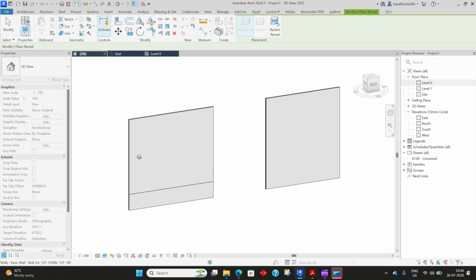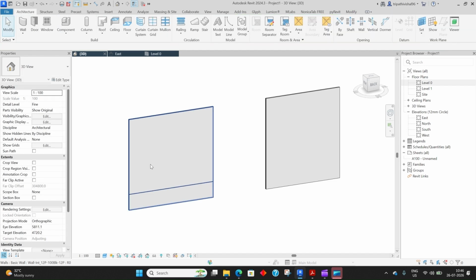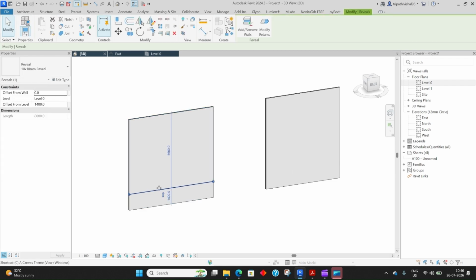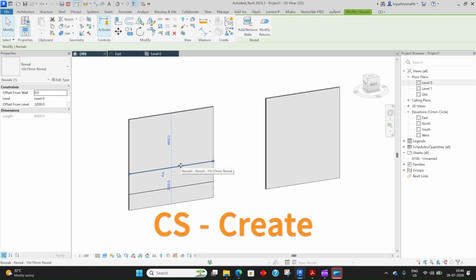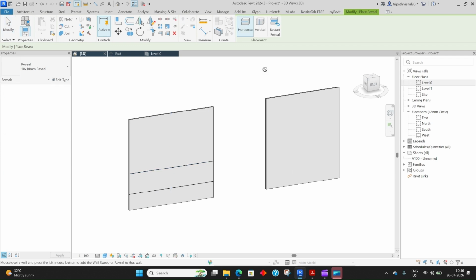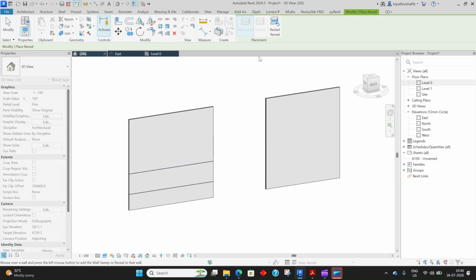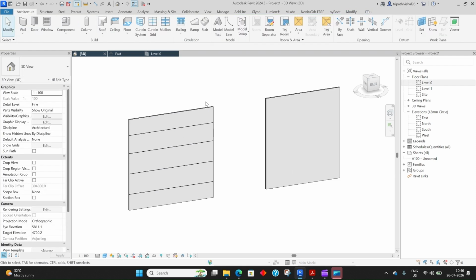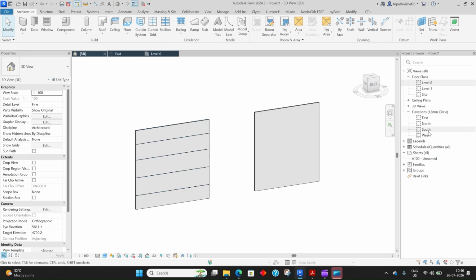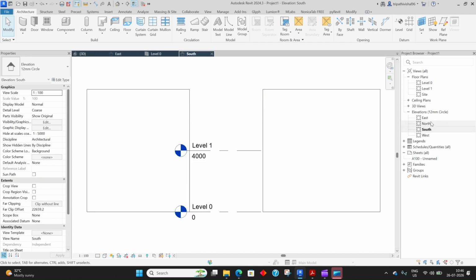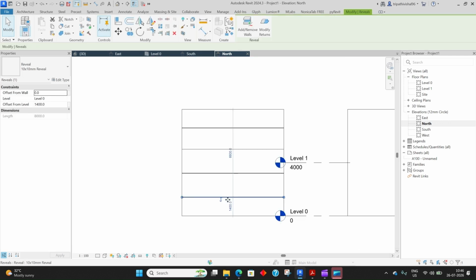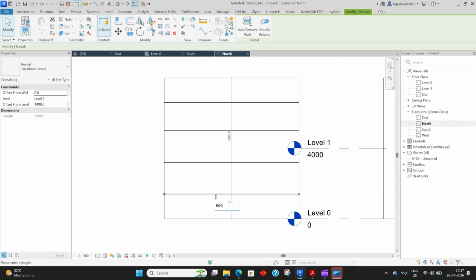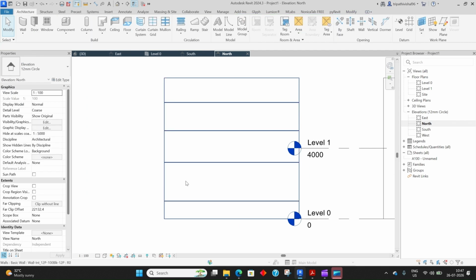So in order to provide a reveal again in the same wall, you can either press the escape button, select the reveal, press CS and again provide it. One way is that. The other way would be to provide your reveal, click on restart reveal and again provide your reveal like this. Once you are done, go to one of the elevations where you can find the position and adjust it. I am going to provide it at 1000 mm